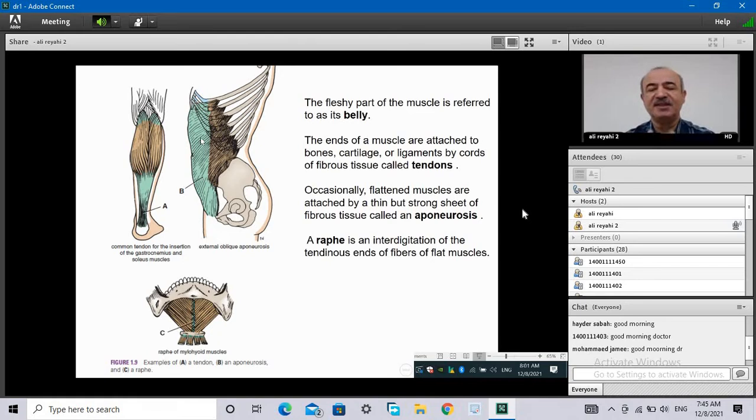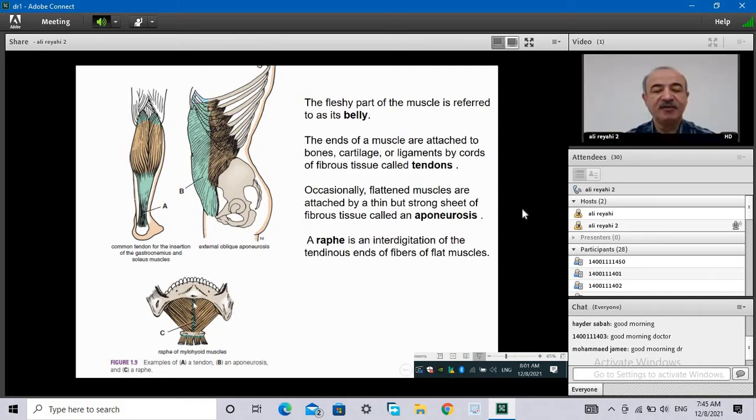in different muscles, for example in flat muscles, forms a different type of insertion. It's called aponeurosis. Occasionally flattened muscles are attached by a thin but strong fibrous sheet. It's called aponeurosis. And in other muscles, for example, flat muscles that join to each other,